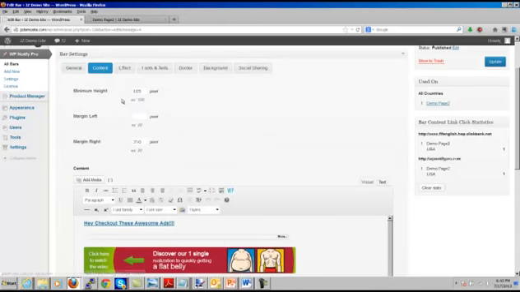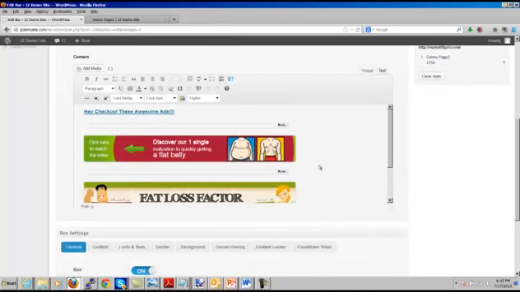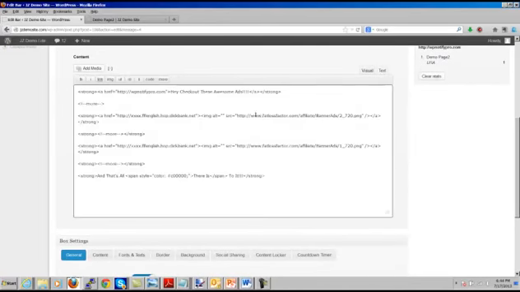Here's the content section. This is where you can set the minimum height, or I guess the thickness of the bar itself. If you want to, you can change the margins left or right for where the text will kind of go, be lined up in the bar itself. And then here's where you place in like the banner stuff. I grabbed like the HTML code for the banner ads themselves from the affiliate sites,